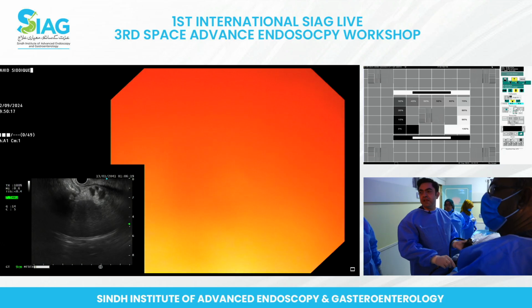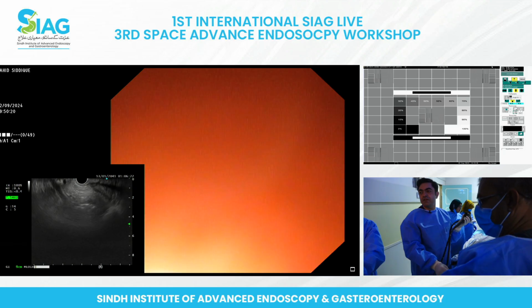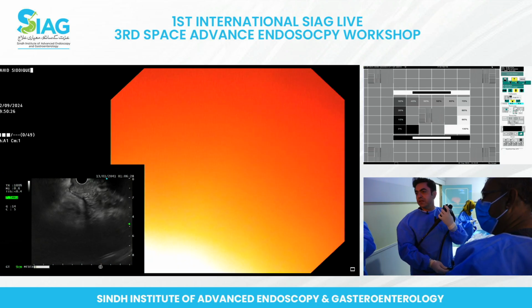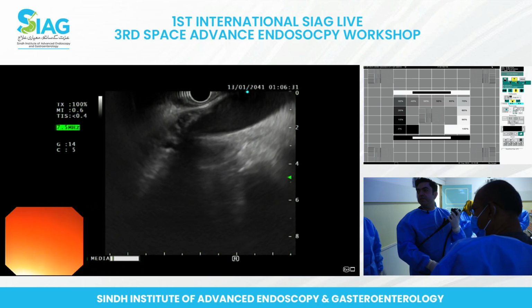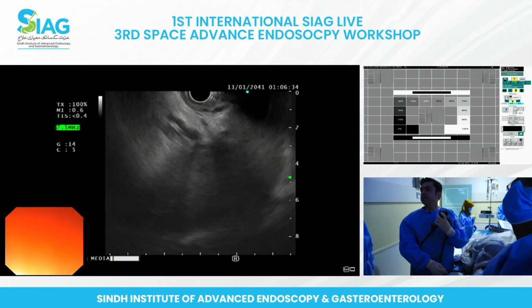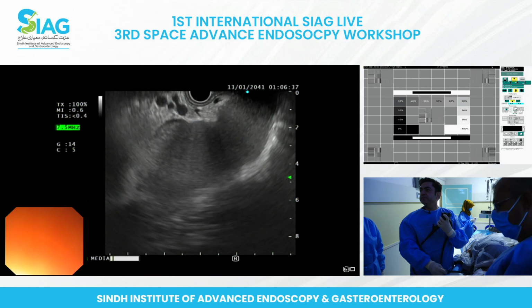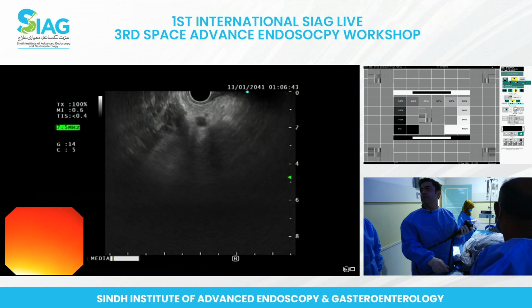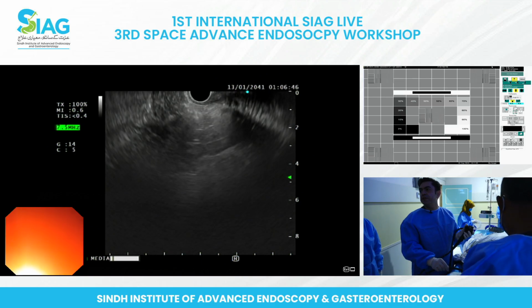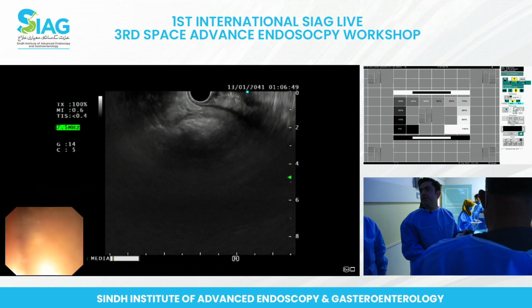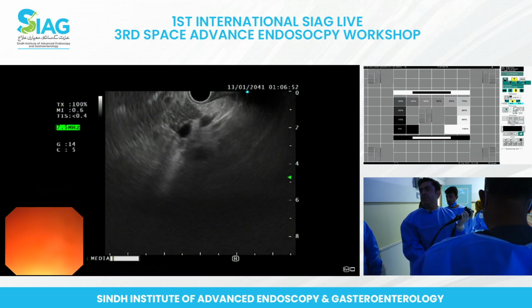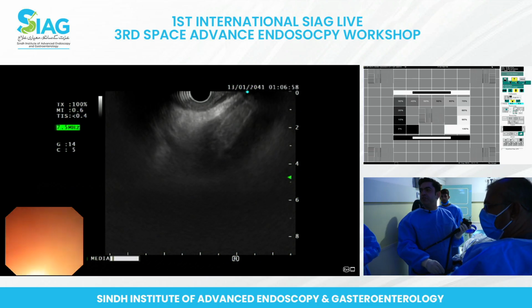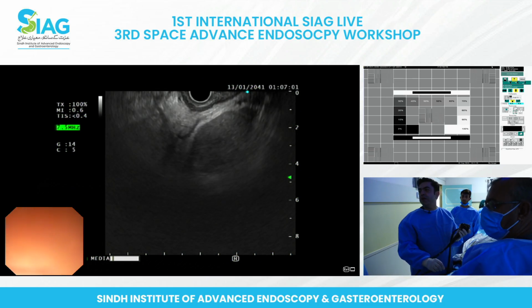So I think that's the area that they are, you know, sorry? There's food in the stomach. So usually if you've got fluid in the lesser sac, you should see a lot of fluid here in this area. I'm not sure how old the CT scan was as well, because according to the CT report, it was inflammatory collection. So it may well be that